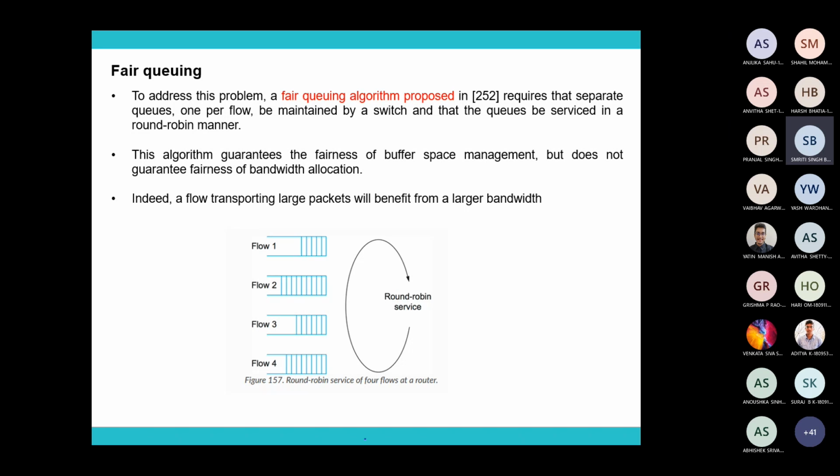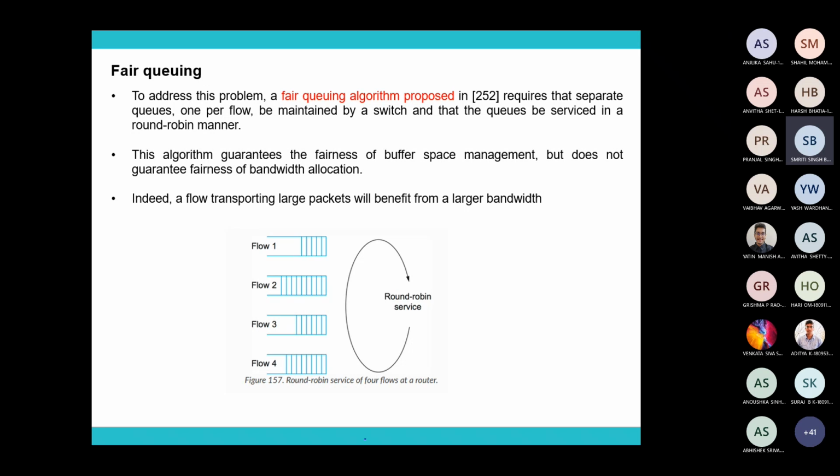So there are two queues. One queue is for a person who is buying only one or two items, and the second queue is for the customer who is buying more than 10 items at a time. Now once again, look at the problem here. Fair queuing says that it will be fair, but actually it is not fair, right? When Q2 is served, one customer buys only one or two items. Then once again, in round robin fashion, when it goes to Q1, that customer is buying 10 items, and till then the customer in Q2 has to wait.